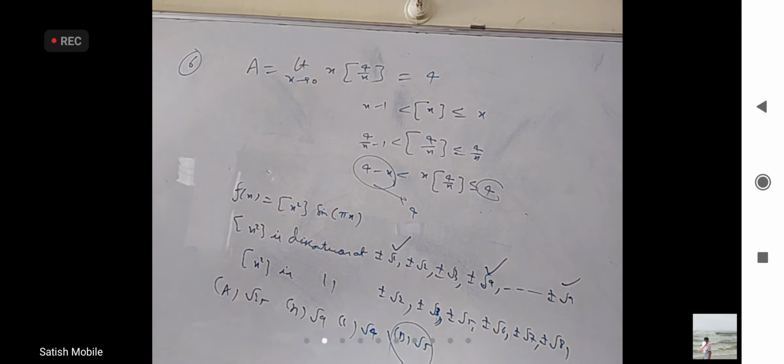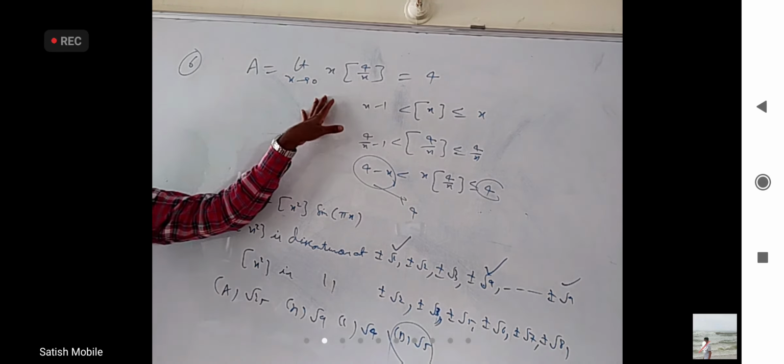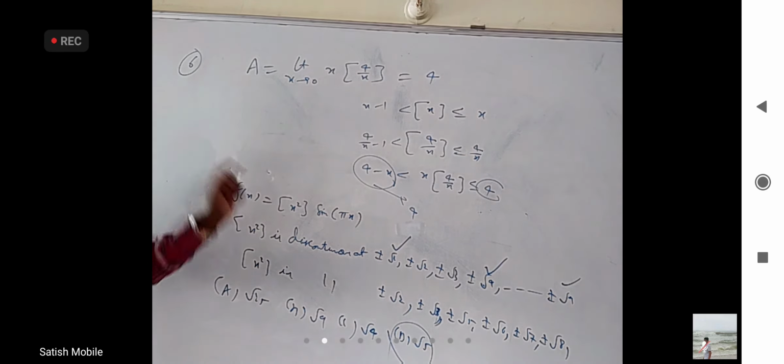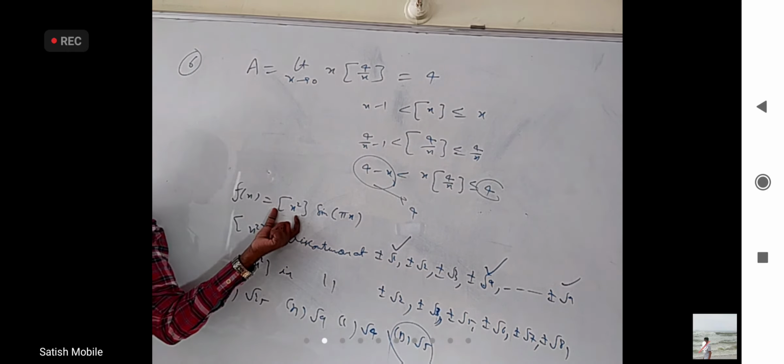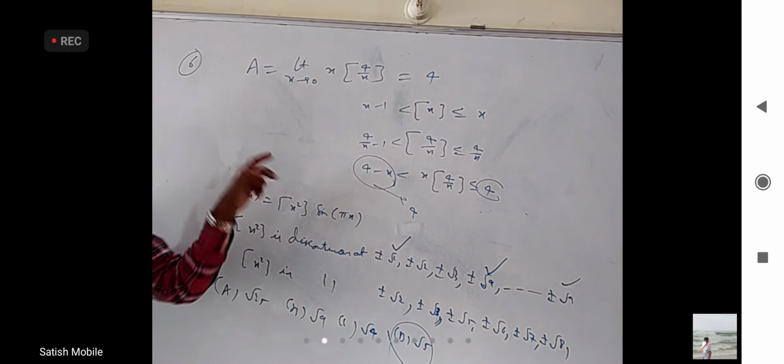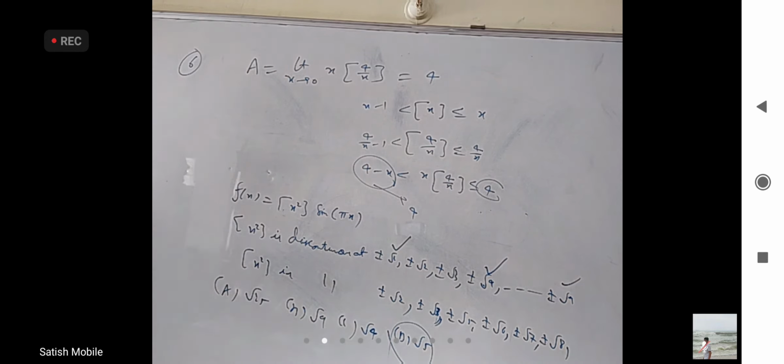So there are three parts in this. First of all, you have to find this limit. That's the first job in this question. Next, you have to know when this is discontinuous, and within that the product, when it is discontinuous. So three parts are there for you to analyze, and the options are given based on that. Instead of giving root 25 directly, they give root a plus 21. Instead of giving 9 directly, they give root a plus 5. They give root a itself.